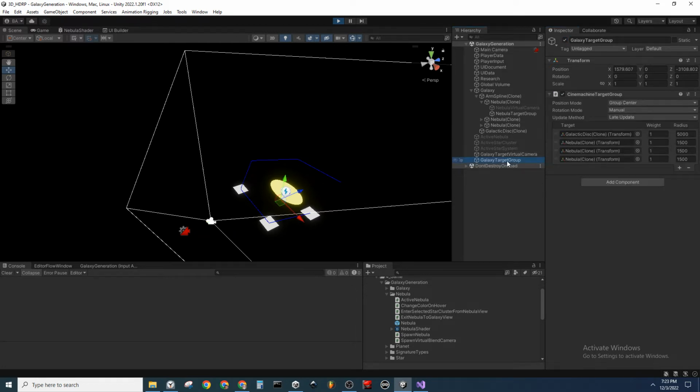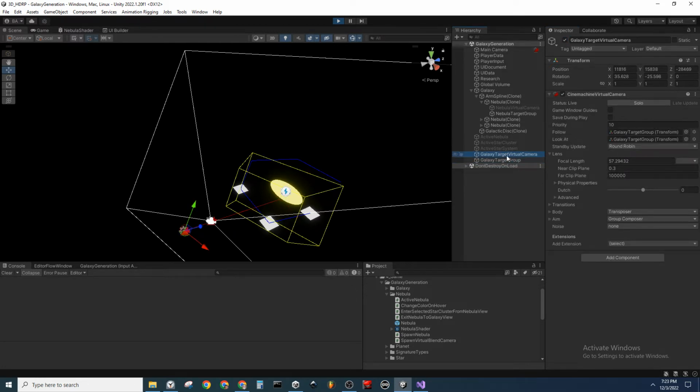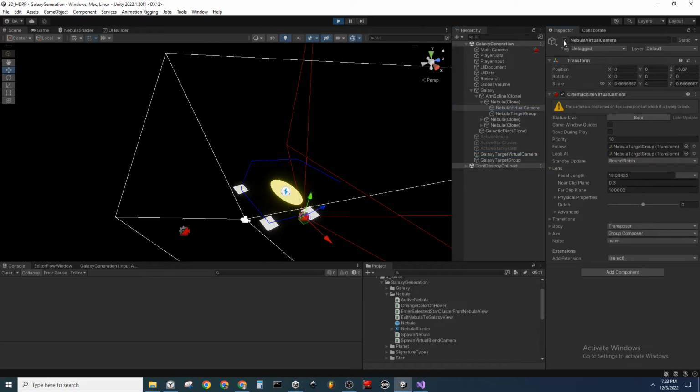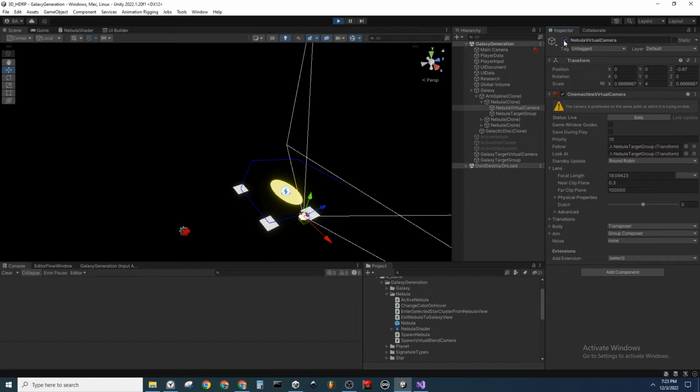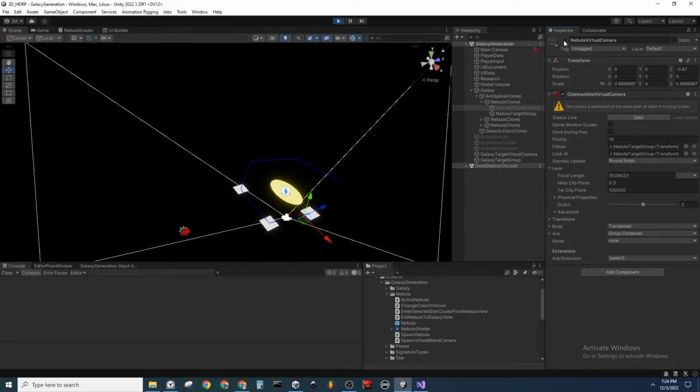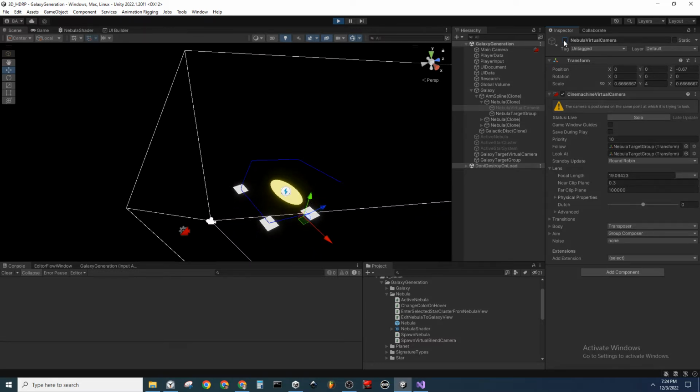So... Okay, something I just imagined was I could set up another virtual camera and transition from that non-target grouped camera to